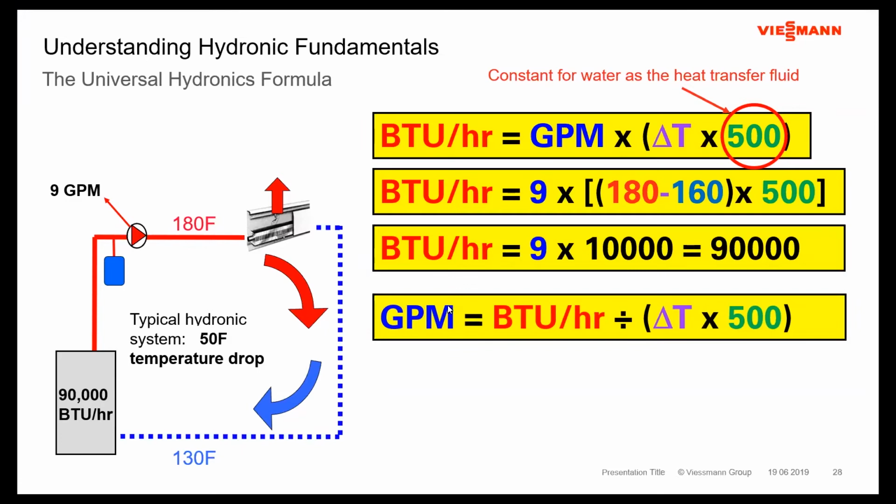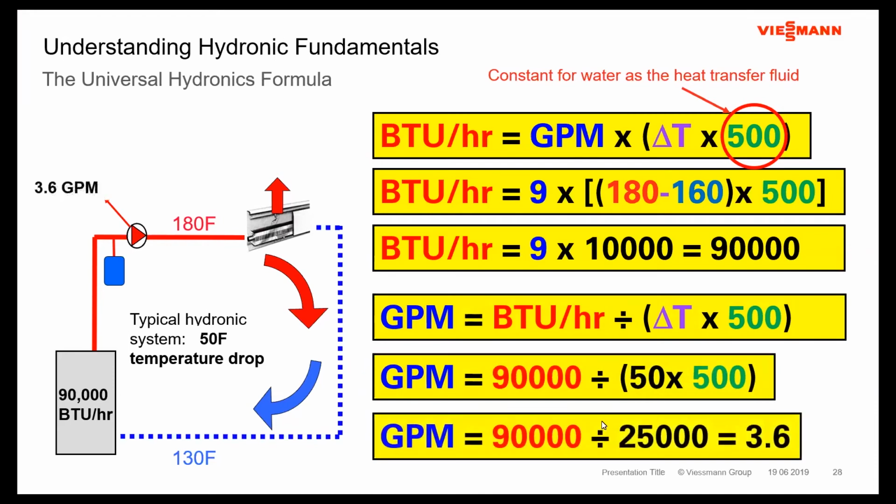And the gallon per minute here, now we have to figure out what the change in the flow rate is going to be to give us 90,000 BTUs at a 50 degree delta T versus a 20 degree delta T. So now we have the gallon per minute over on the left side of our equation, and we're taking the BTUs and dividing by the delta T times 500. When we finish up the math, we see the flow rate will be about 3.5 gallons per minute at a 50 degree delta T to give us the 90,000 BTUs of heat exchange we need for the piece of baseboard. Of course, that return temperature is now getting nice and close to what our dew point requirements are. So you can see that we can start to manipulate our delta T,